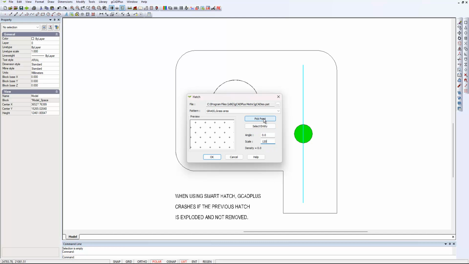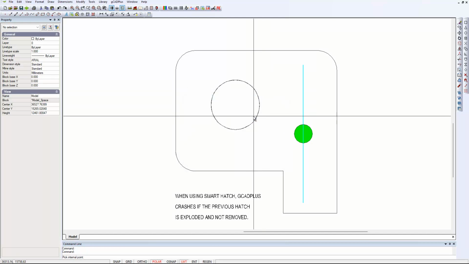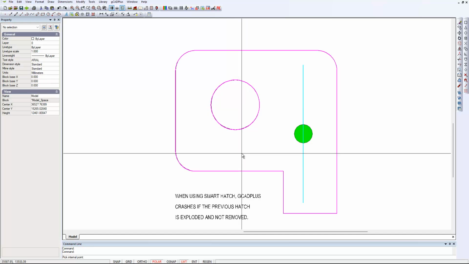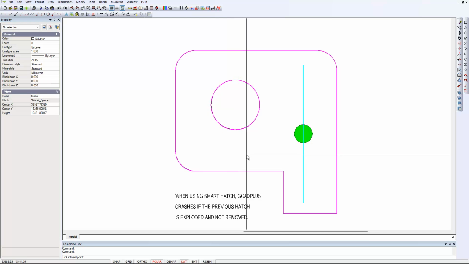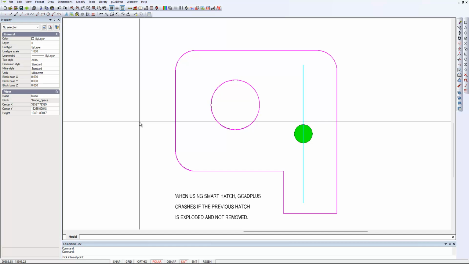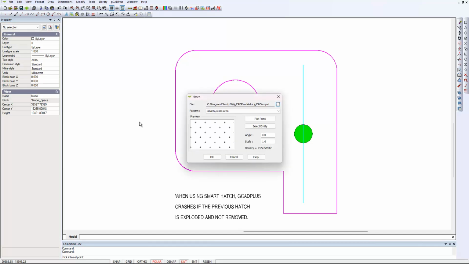So we pick a point now and repeat what we did earlier. We click there, and this time we click there. Notice how quickly the gCADPlus was able to find that boundary, and we've hit enter, and look now at the